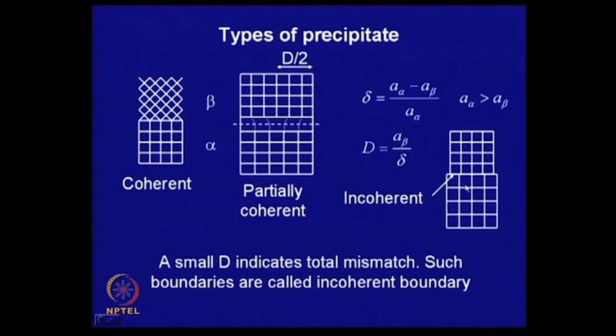So, this is an incoherent matrix. Energy wise, this will have the minimum energy, this will have intermediate energy, and this type of boundary will have maximum energy. Therefore, if we look back upon that strain energy, that gamma concept,